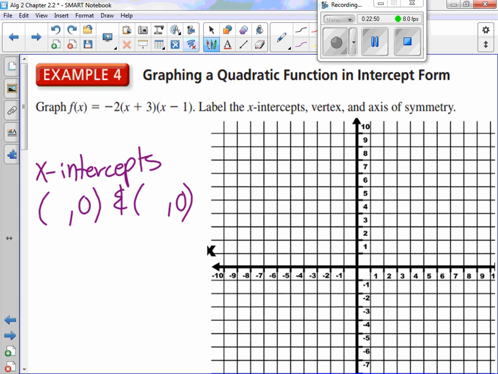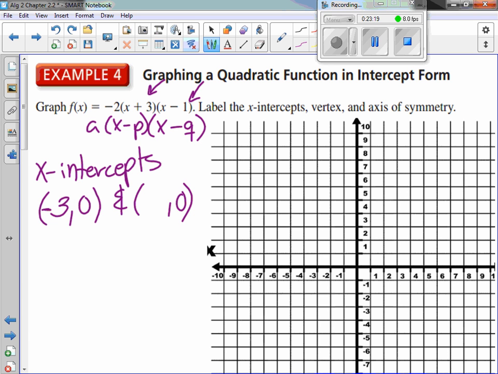Because again, it says the x-intercepts are P and Q. Well, we find P and Q right here because it's A times x minus P times x minus Q. And again, the numbers that come out for P and Q are opposite of what we think. So the first one is x plus 3. So we have plus 3 in here. So what number is coming out? It'd be negative